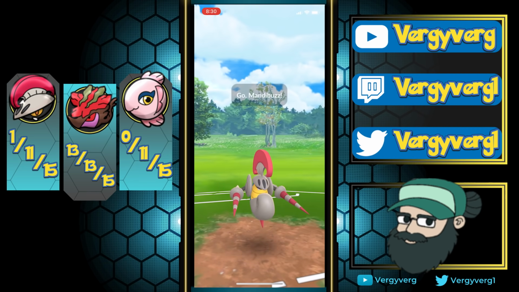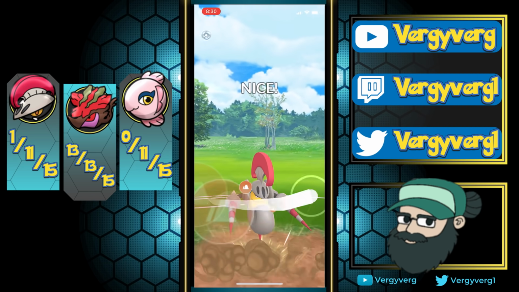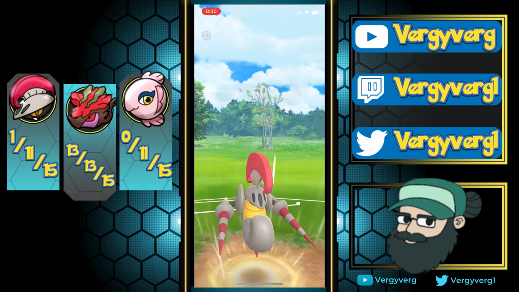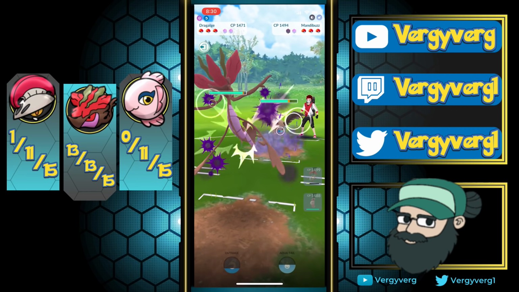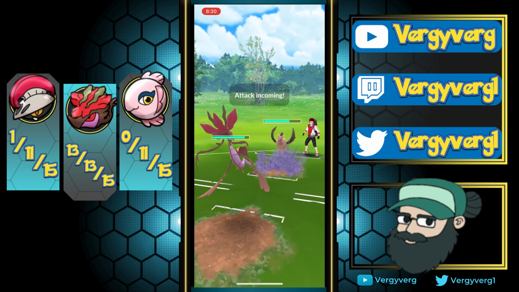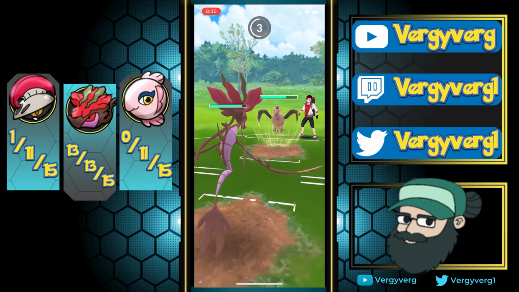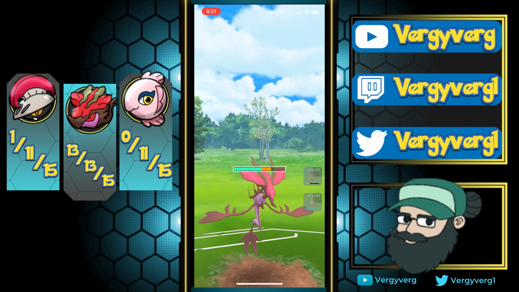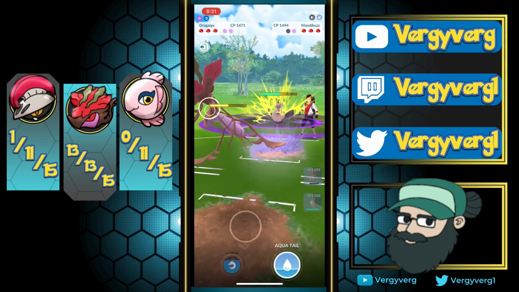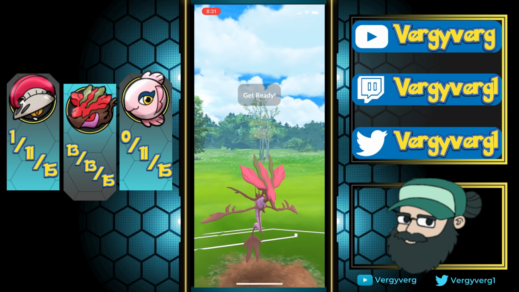So they end up switching in on my drill run. That's really not great. And then I'm going to come in, I think, with the Dragalge. Maybe I could have farmed up a bit, but I'm not too worried about it. So we end up sneaking in a move right there. Pretty nice. A lot of these Mandibuzz are actually running Dark Pulse, which is pretty scary. Yeah, Dark Pulse just does so much damage, so...